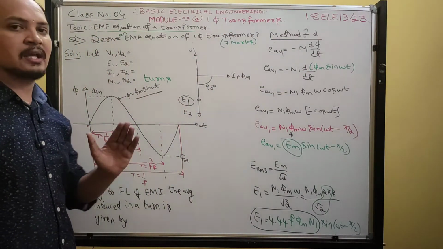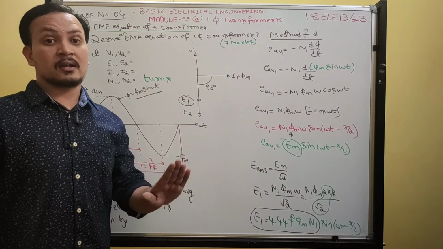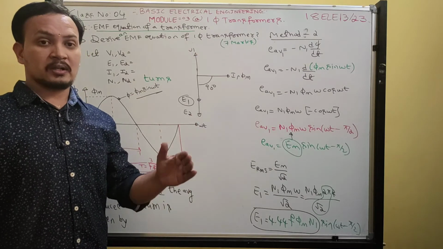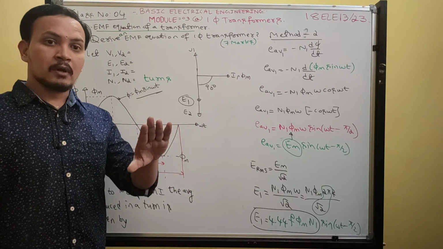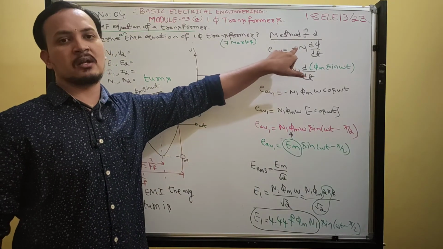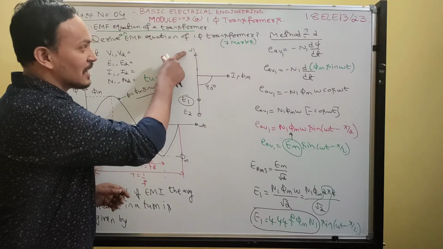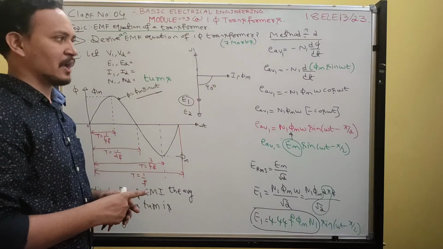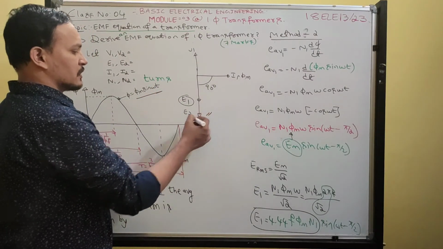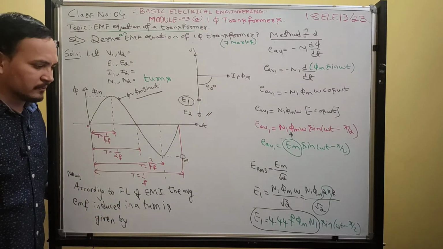Initially, Faraday's law of electromagnetic induction takes place. Later, whatever the flux, the EMF induced in the coil will oppose the cause producing it. That is called Lenz's law. Hence we wrote minus. That minus is nothing but opposite to the applied voltage. Got it? So guys, this completes the EMF equation of a transformer.